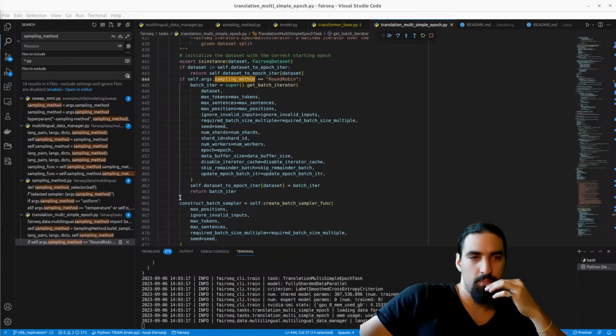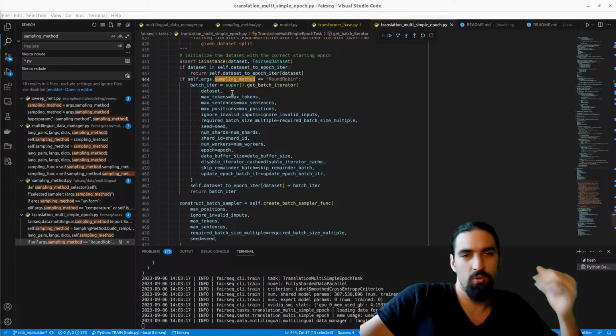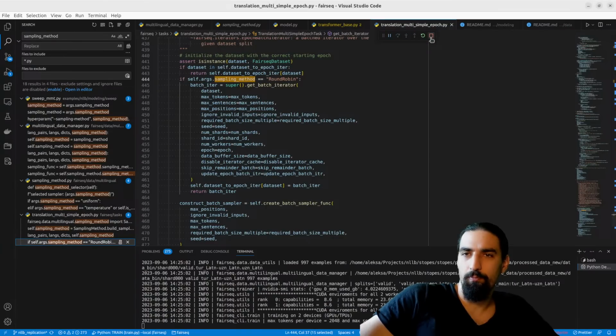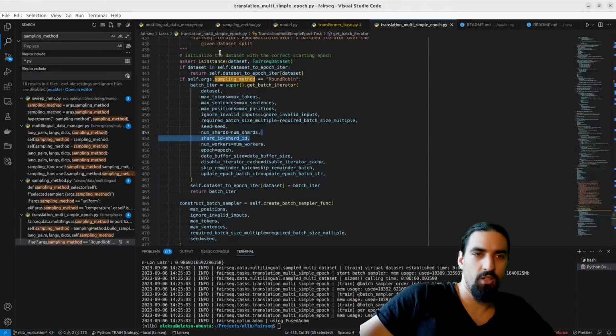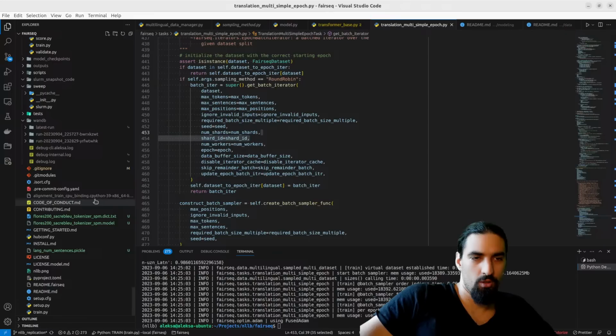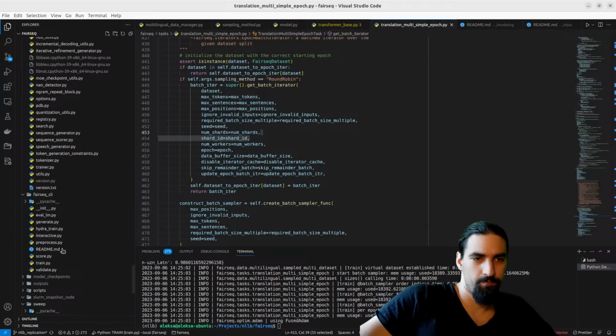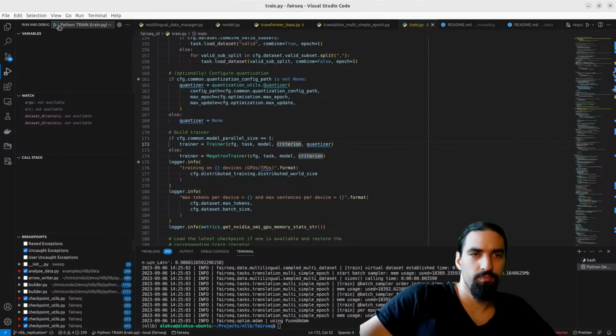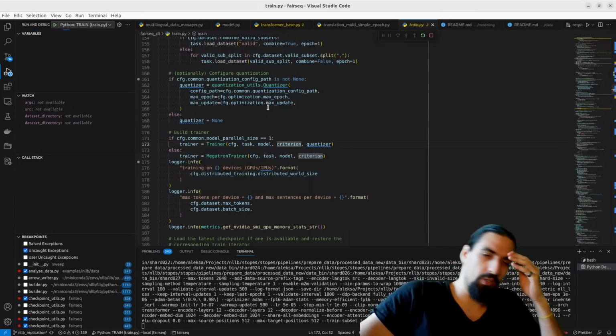I saw Adam supports it, but maybe some of the other ones were not supporting, if you're referring to the memory efficient FP16. Anyhow, let's kick off another run. Go to train.py again and rerun it. Let's see where we hit the first breakpoint.